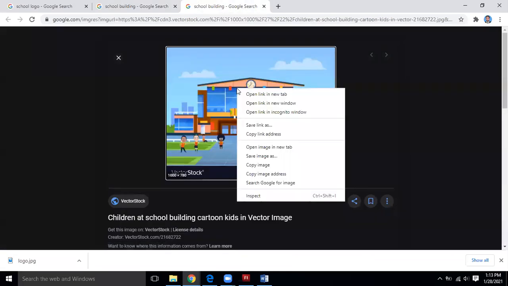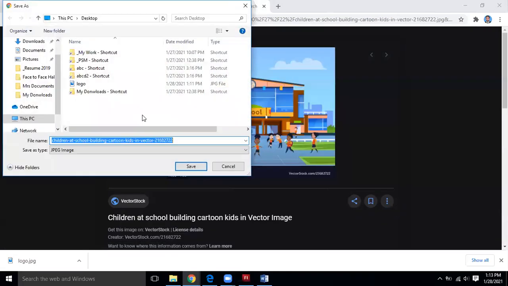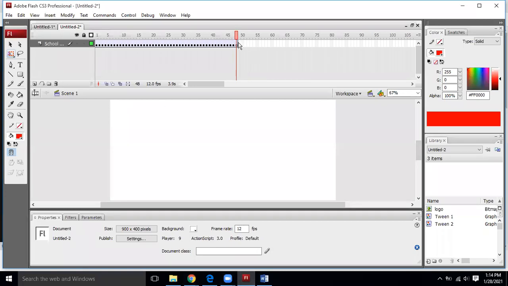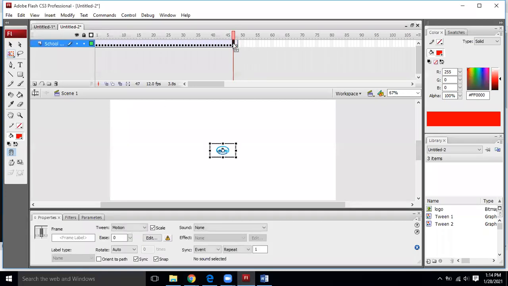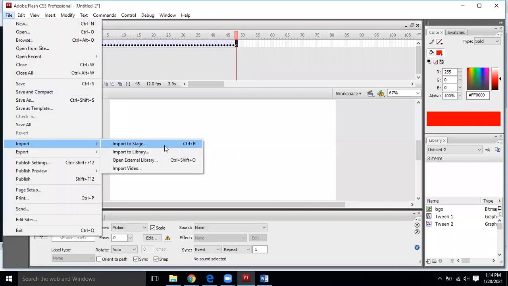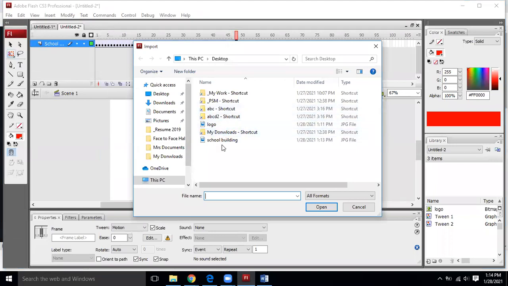Let's suppose I take this image. I save it on my desktop. I'll go to my Flash. Here I have deleted the last frame, the object is there, but now pressing F6, I have deleted it. Now I'm taking a new object in place of it, which is the school building.